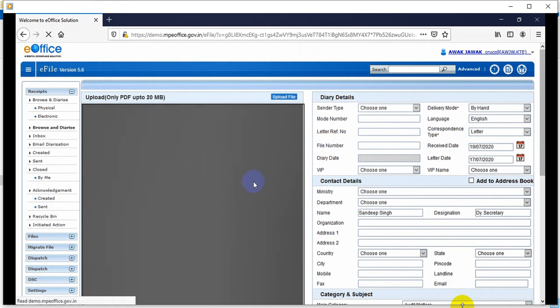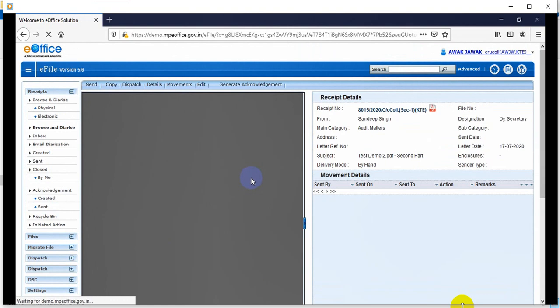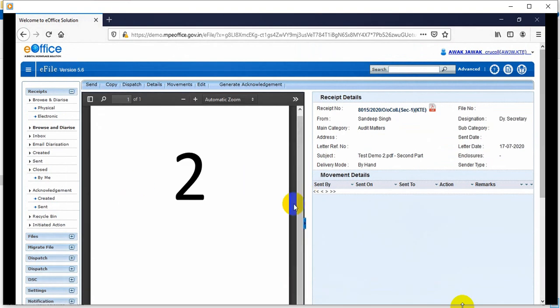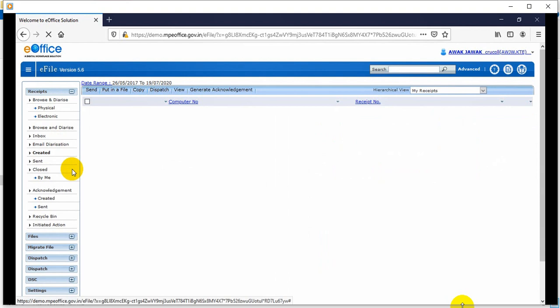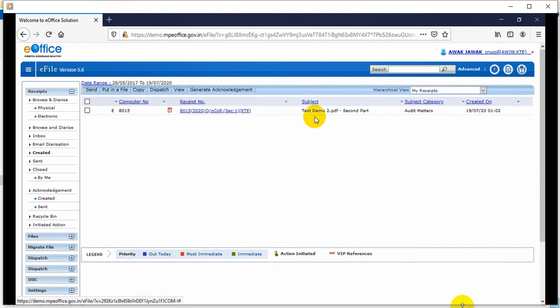It will have a new receipt number allotted. Yes, the new receipt came, so a new number is allotted, here it is. I think there must be no confusion in it. Now as we did earlier, we will go inside the receipt tab and click on the created link. See, here it is showing the same subject and other details. Similar steps: select the checkbox and click on